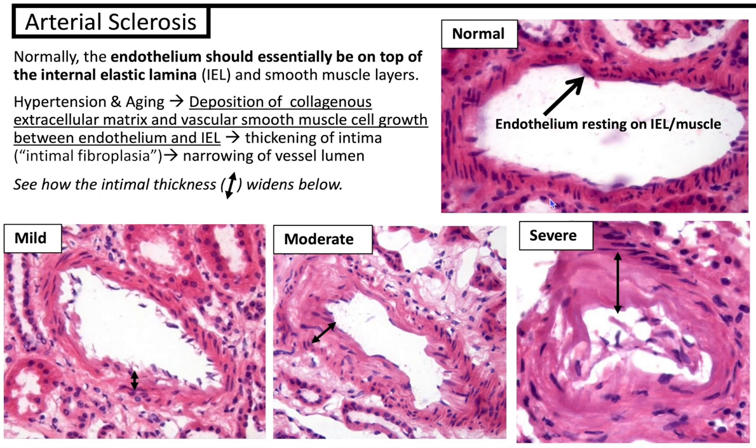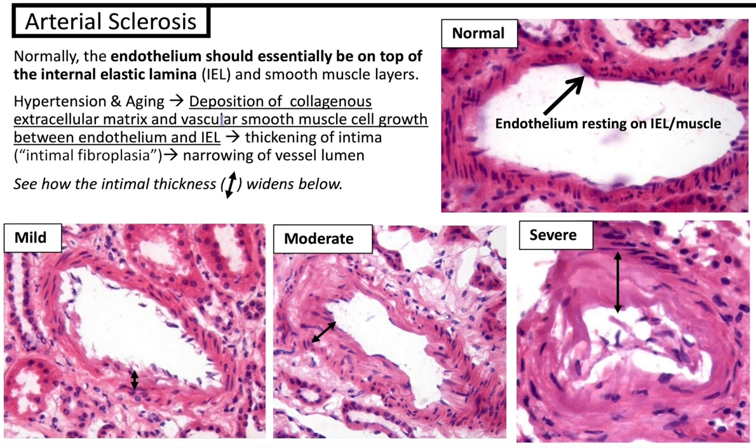Arterial sclerosis. So here is an H&E of a normal arterial. You'll have endothelium resting on internal elastic lamina and muscle, and it's not terribly thickened. And in hypertension, normally the endothelium should essentially be on top of the internal elastic lamina and smooth muscle layers. With hypertension and aging, you have deposition of collagenous extracellular matrix and vascular smooth muscle cell growth between the endothelium and the internal elastic lamina, leading to thickening of the intima or intimal fibroplasia, and subsequently the narrowing of vessel